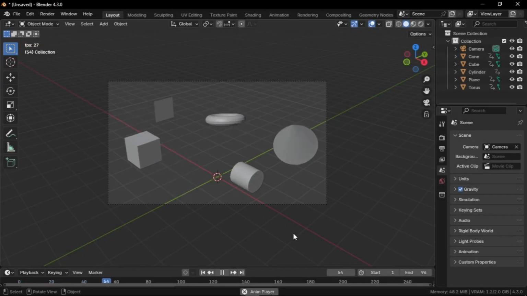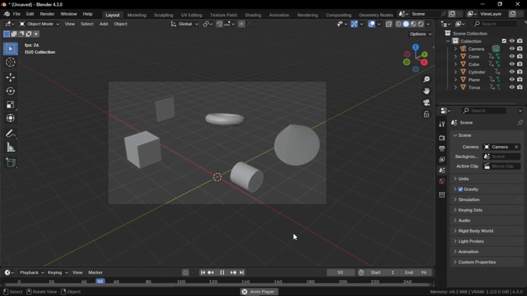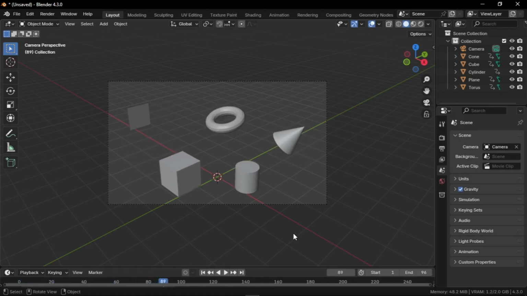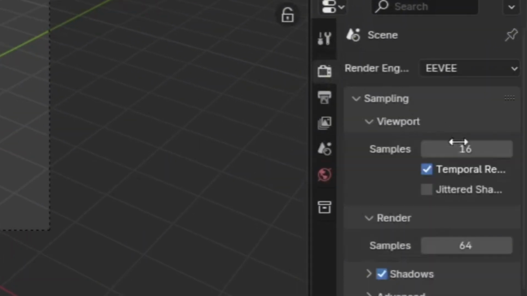So to start, I made this little looping animation of primitives with a blank background, just to keep it simple for the sake of this tutorial. You can make yours now, I can wait. Okay, good, you're done. Now go to render properties, make sure it's Cycles, change all the samples to 1 and